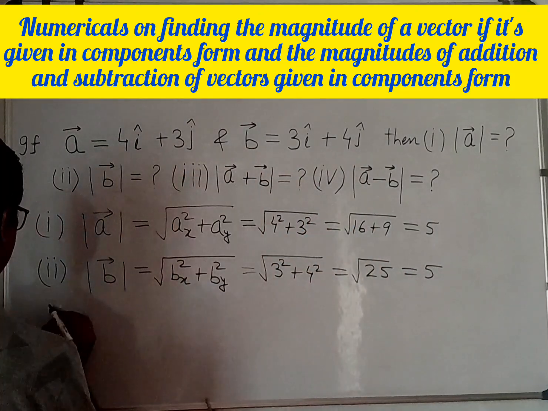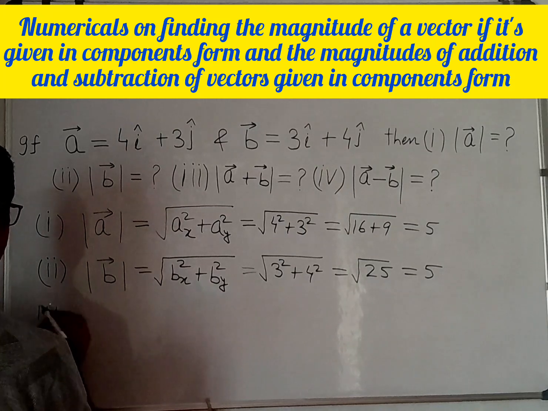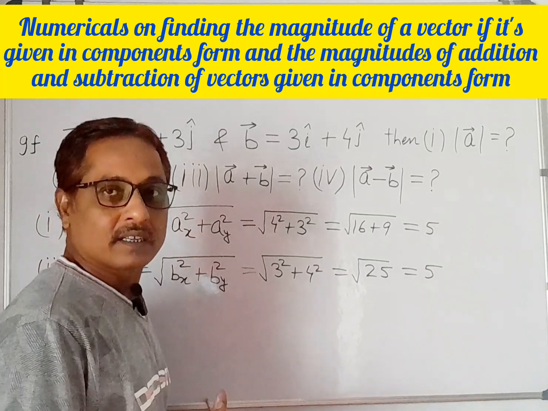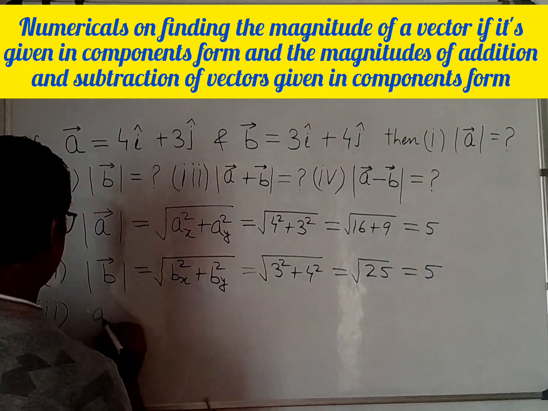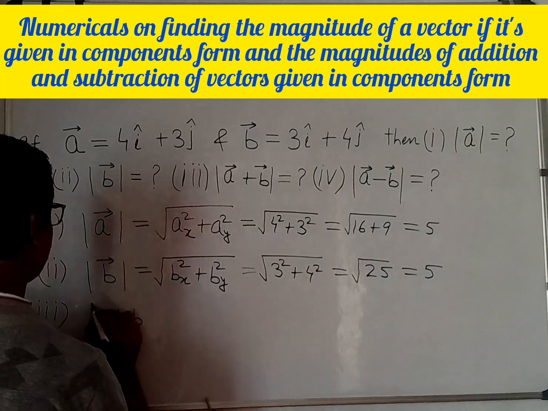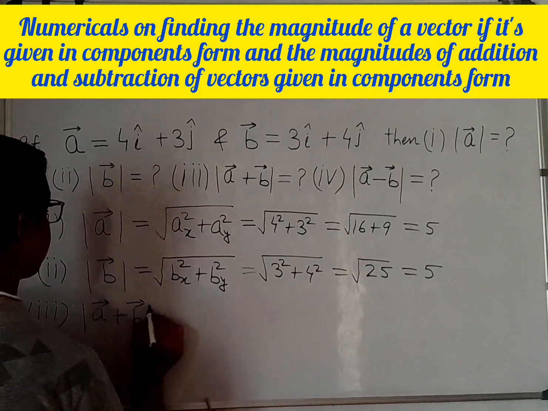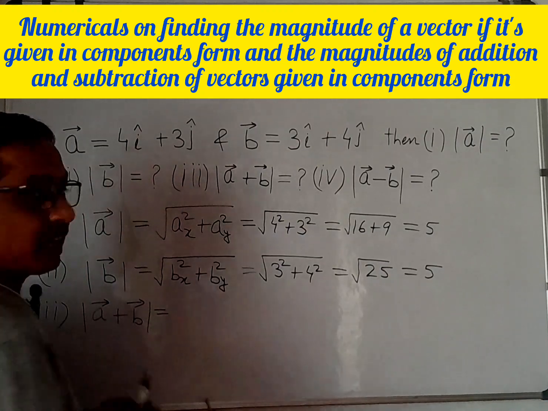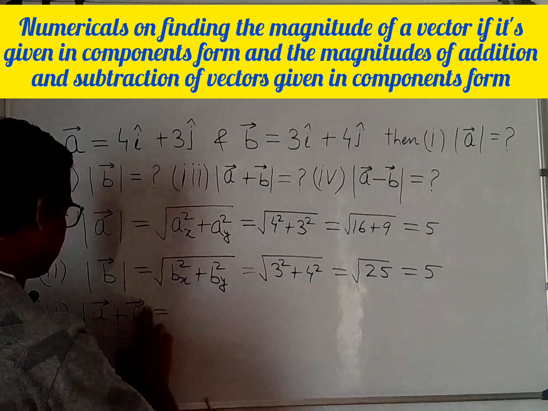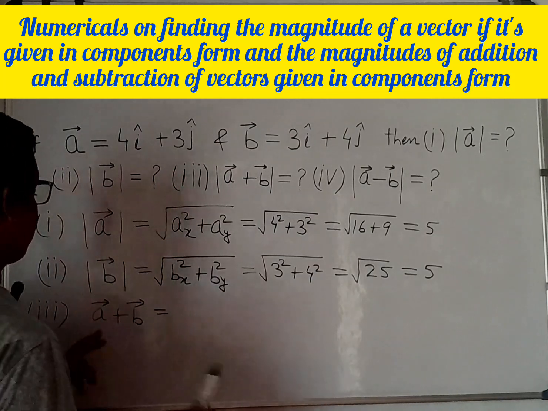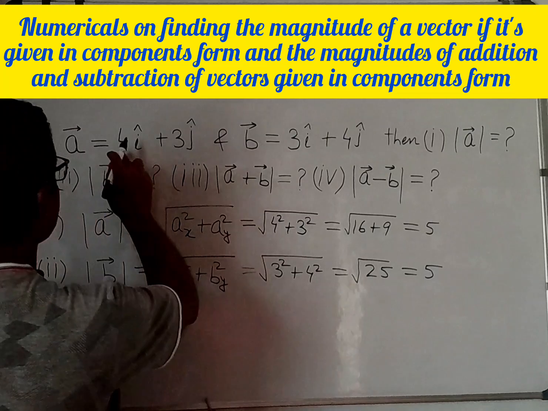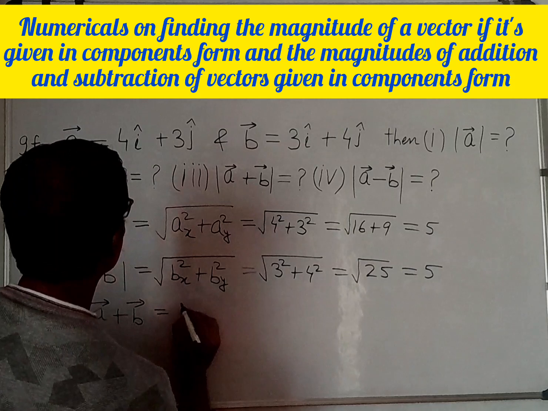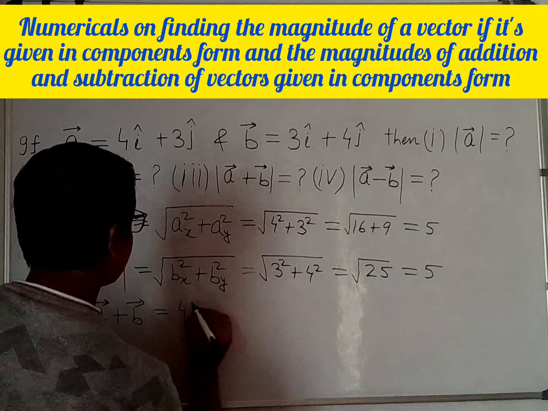Now let's come to the third question। The third question, the magnitude of vector A plus B, means the absolute value of A add B will be equal to, first of all find A add B। A add B means 4i hat add 3j hat add 3i hat add 4j hat, it will become 4i hat add 3j hat,